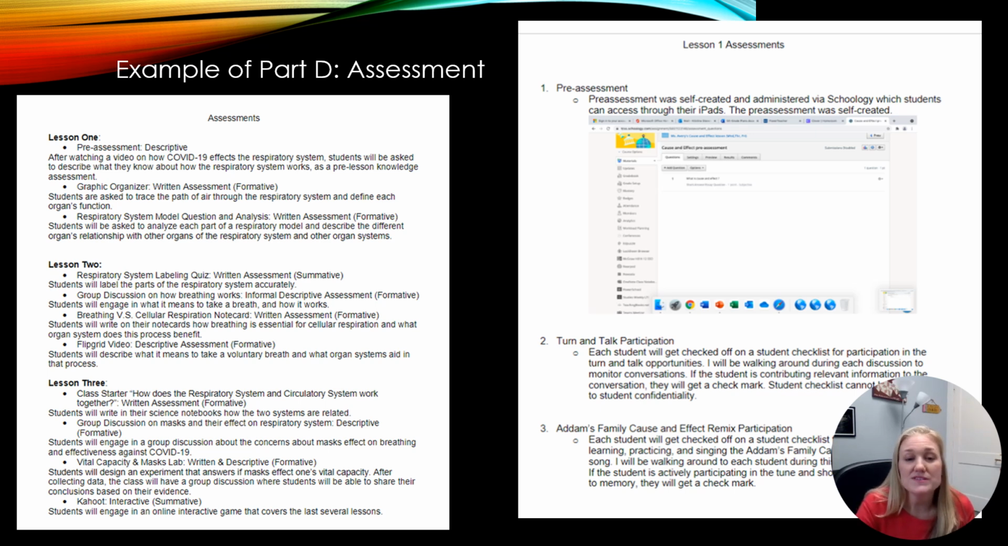Here's some examples of what your Part D assessment might look like. This is just more of a list of the assessments that they would be doing. And then they'd probably have the labeling quiz attached at the end of that. Here is an example where they actually have a picture of one of the assessments, and then here the turn and talk just has more of a written description of what the students will be doing during that